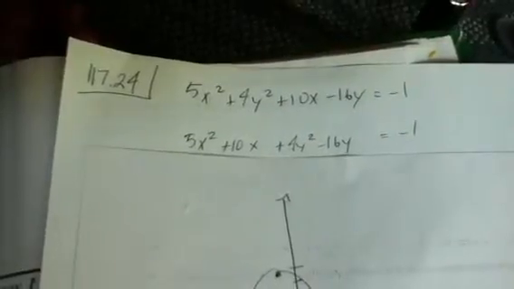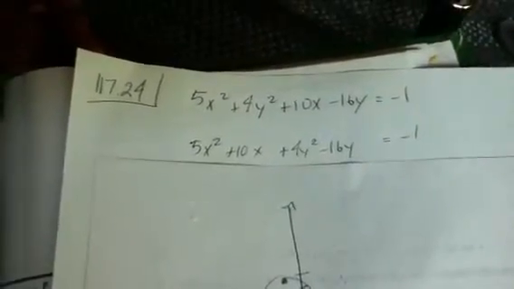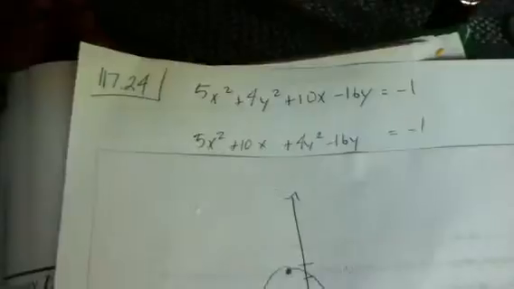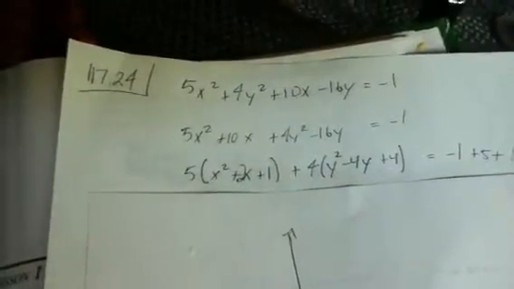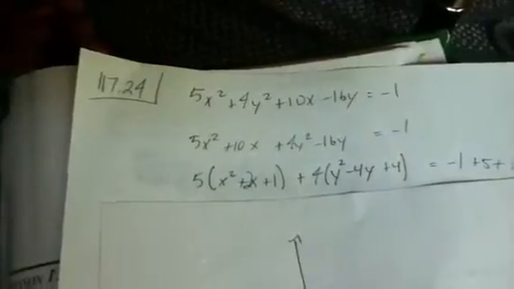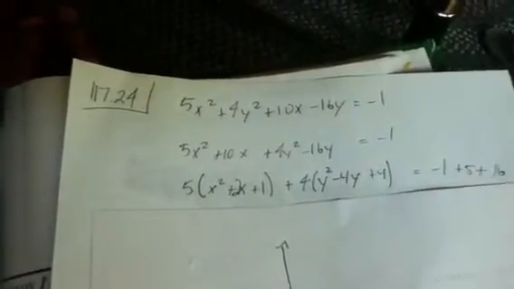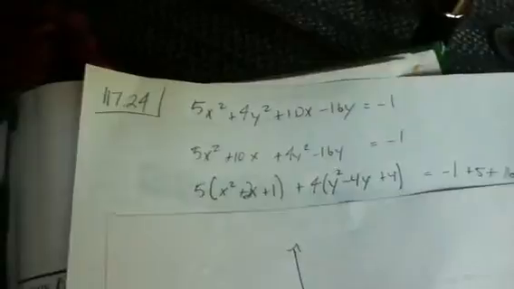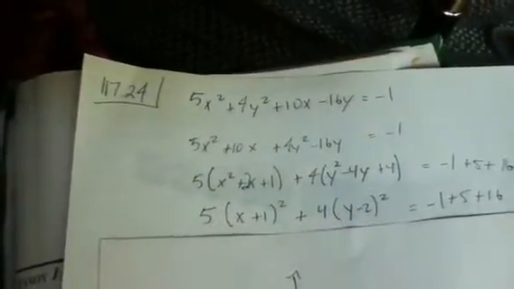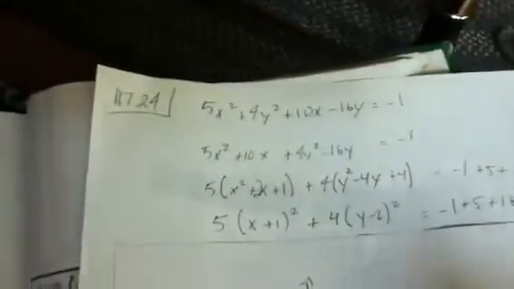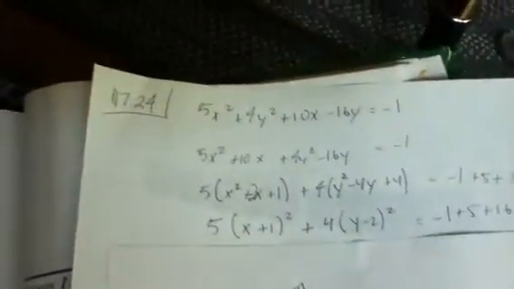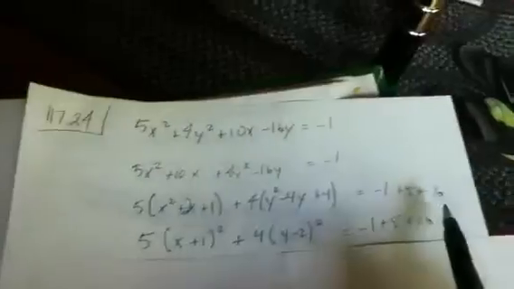So I got the x's together and the y's together. And then I have coefficients on my squared terms, so I had to factor those out. And then I completed the square on both of them. And then I wrote them in factored form. And then when I completed the square,